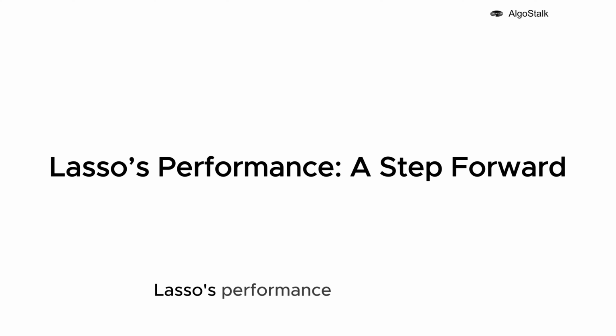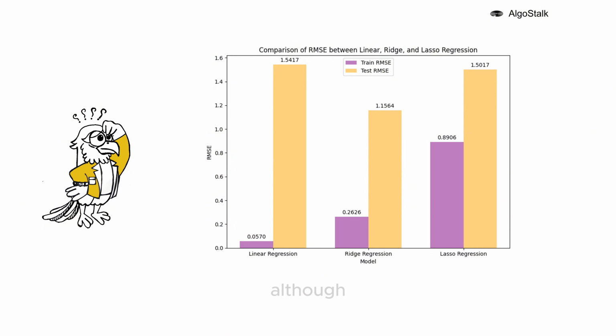Lasso's performance. A step forward. After running Lasso on my full lineup of suspects, it's time to compare the results. Although it successfully removed some irrelevant suspects, the overall RMSE for both the training and test sets didn't dip below Ridge's performance. In contrast, Ridge outperformed Lasso by keeping all suspects in play but reducing their influence evenly. This approach led to a better balance between the training and test results, making it a powerful ally in our